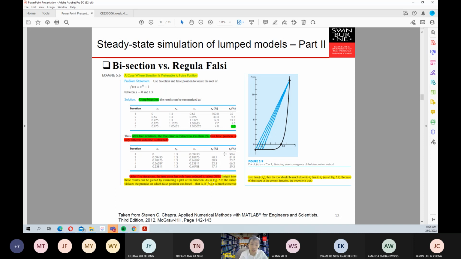Okay, so the next slide in here is a case where we have bisection versus regula falsi. This one is a rather special case because in most cases regula falsi would give you quicker convergence, meaning with fewer iterations you can already achieve the final answer. So in here, you see that the iteration using the regula falsi is becoming quite fast. After 5 iterations, you can reach a very low error.